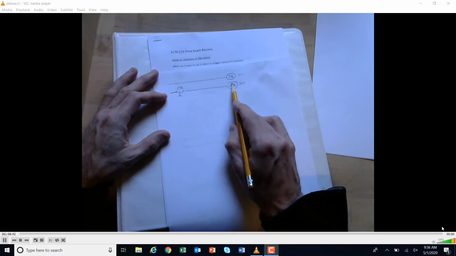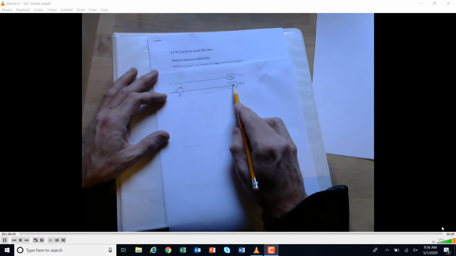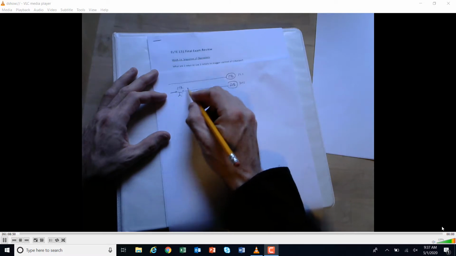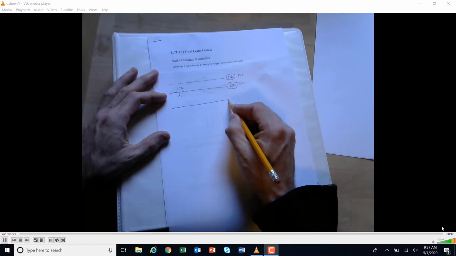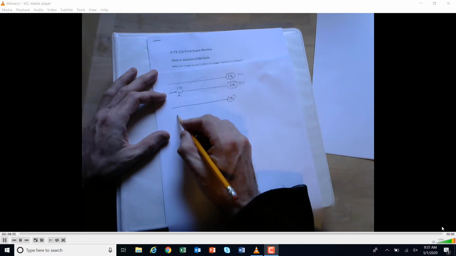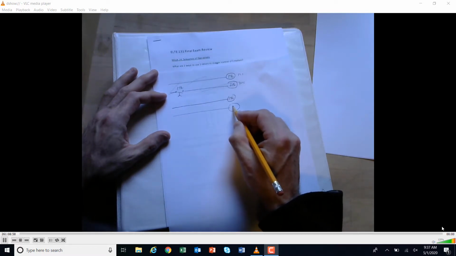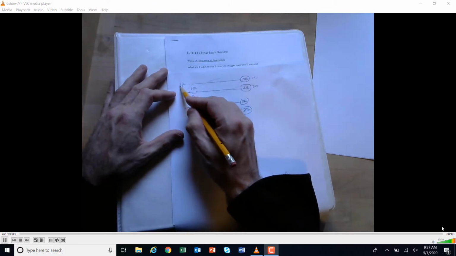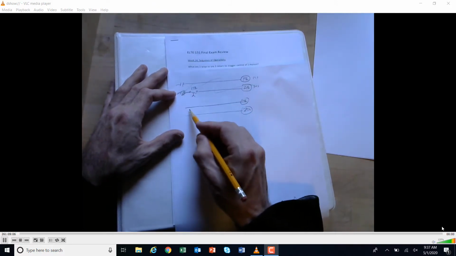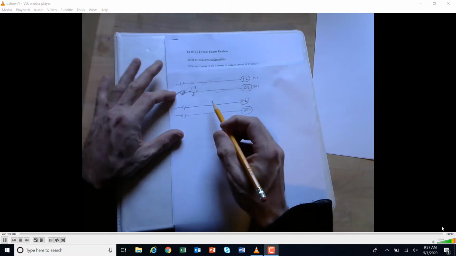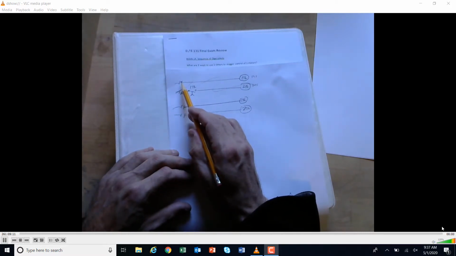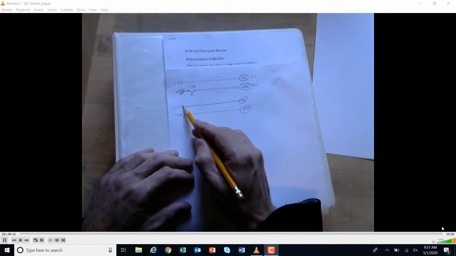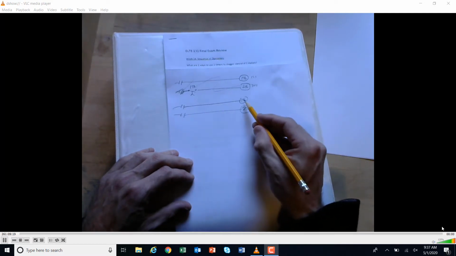And then there's contacts associated with these, time contacts and instantaneous contacts that you could use in your ladder logic, okay? Or what you could do, you could turn on the first timer, and then you could also turn on the second timer. And remember, there's something turning these timers on, whether it's a push button or a relay, or in this case, in the top one, let's say a relay turned on the first timer, the first timer turned on the second timer. In this case, maybe this would be the same relay,